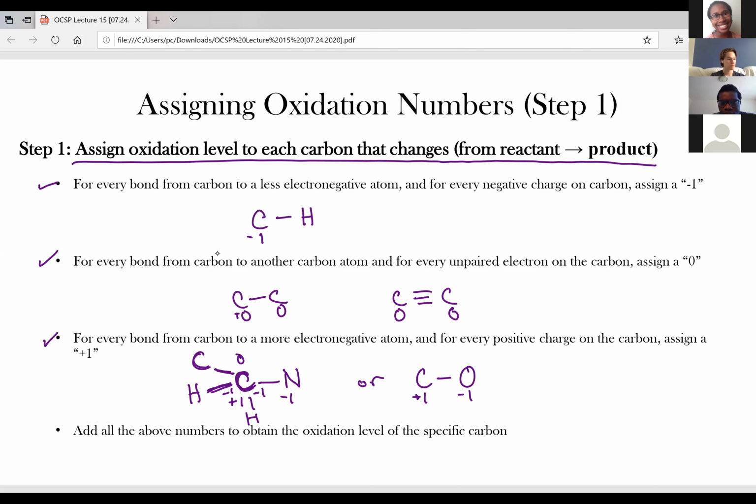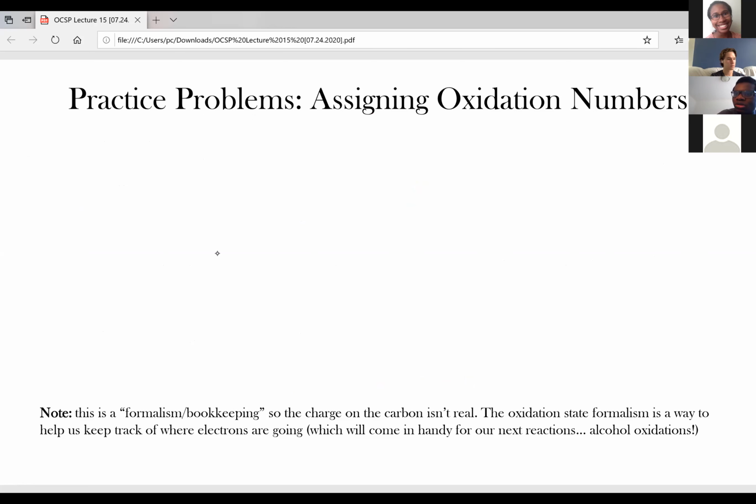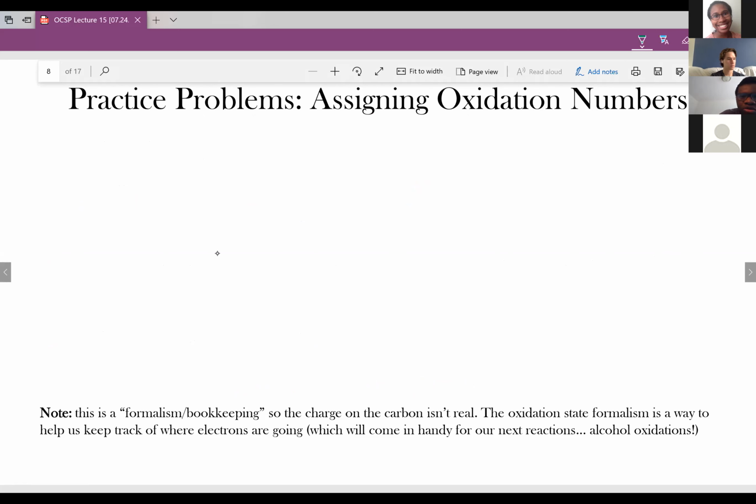Okay. So when you're determining the oxidation number, how would you do that? Let me go to this example. Let me just go through a different example. If I have something like this, I'm going to first look at what things I have attached to this carbon, if that's the carbon I'm focusing on. First I'm going to pay attention to this carbon-hydrogen bond. And because hydrogen is less electronegative than carbon, this hydrogen is going to get the +1 and carbon